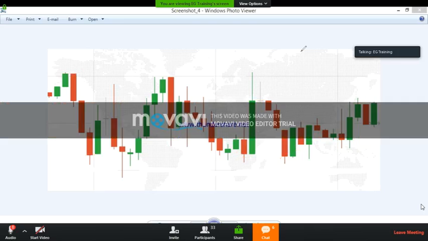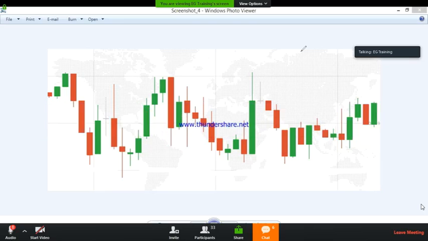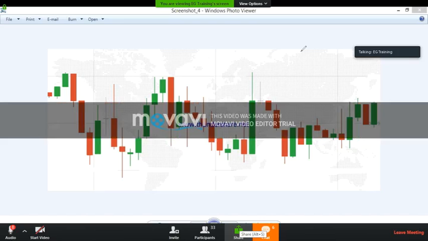To know which level the market will respect, we need to know the right SNR points, the correct support and resistance level points. All are SNR levels, but all are not. We can't trust all SNR levels. We can trust only a few SNR levels. I will show you how to identify those SNR levels now.